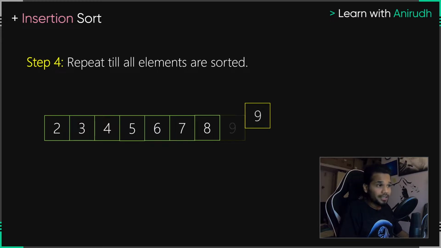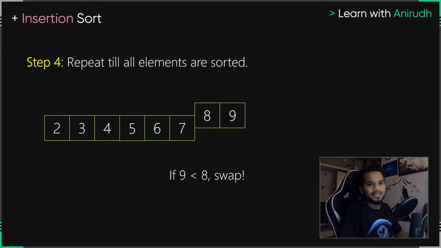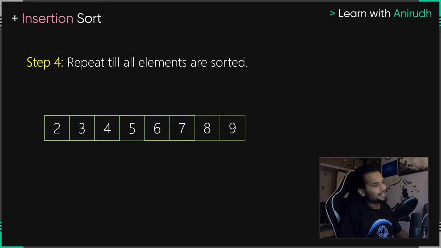And as soon as you put 9 onto the list there is a simple comparison that happens. Is 9 less than 8? Ladies and gentlemen, no, it is not. In that moment, if it was correct, it would have swapped. It is not. So by the end of it, you can see that we have sorted this entire array using insertion sort in a simple manner.